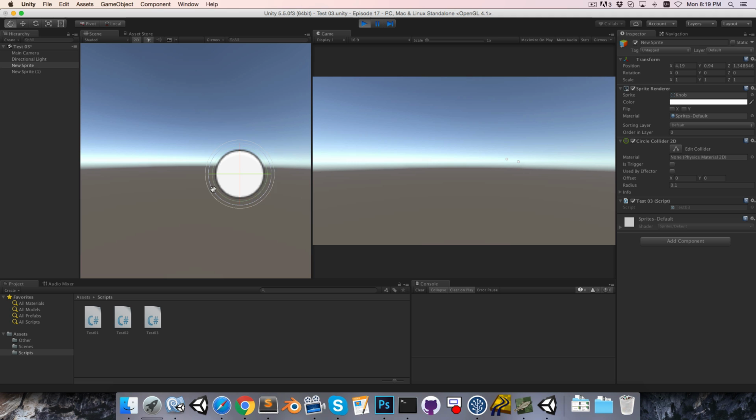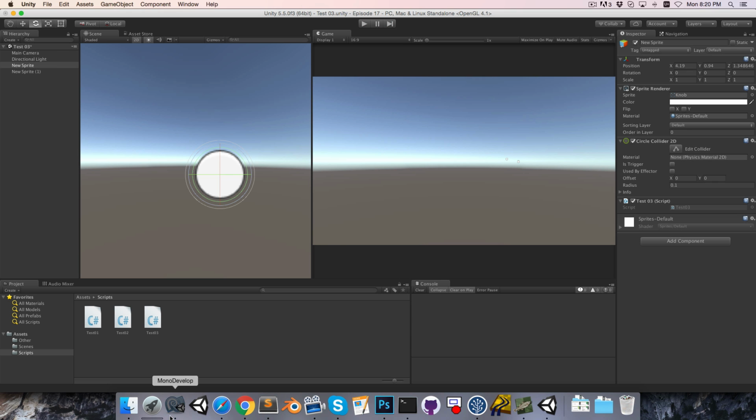So, as you can see, no line is being drawn, and the reason for this is that the ray is actually hitting the circle collider even though it started inside of that collider, and that's a big difference to the 3D version. If you remember in the first example, our ray was actually starting inside of a cube with a box collider, but it just passed straight through the box collider. Now, in the 3D version, that is the only possible behavior. We can't make it collide with a collider that it starts inside of, but with the 2D system, we can